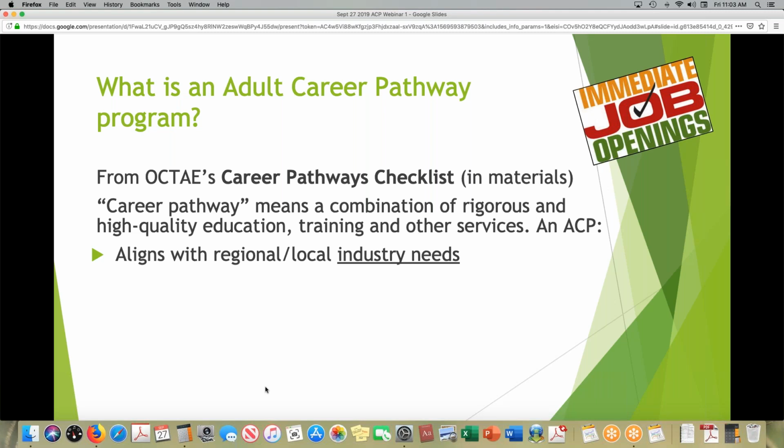It's not just simply saying so-and-so has an employment sign outside their window, let's prepare them for jobs at that place. This is actually driven by your local workforce service areas and the local workforce development boards.